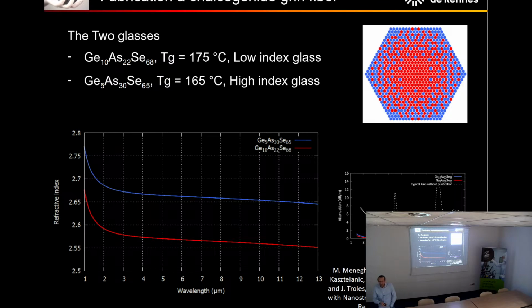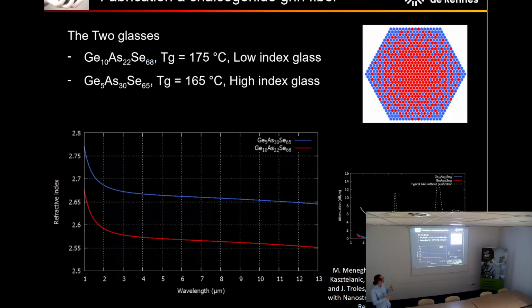3-4 years ago, we have already worked with this institute during a European project. It was through the PhD studies of Marcello Meneghetti and Xavier Forestier. The idea here is to use the procedure used in this institute with silica and silicate glass, and perhaps with other glass. The idea is to make graded-index fibers with chalcogenide glass, and for that we have to use